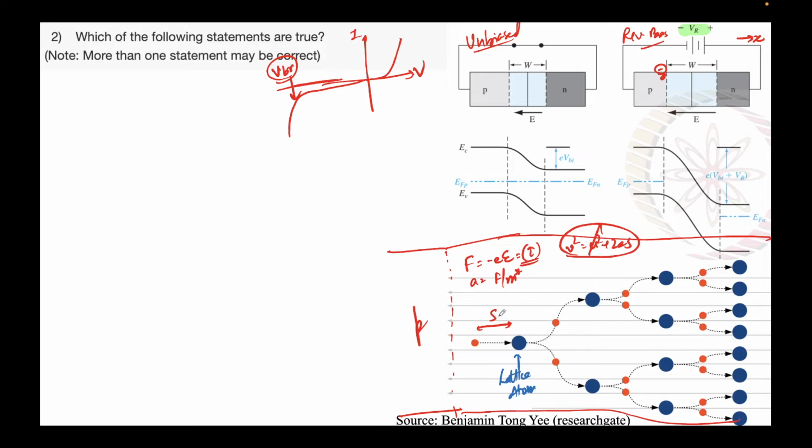Now after, let's say this distance is s1, these two electrons will travel further, and let's say after traveling a distance s2, they again gain sufficient energy, they can again knock out another electron from here. Please note that s1 and s2 have to be sufficiently large, because a is constant, but your velocity v has to be sufficiently large in order to have sufficient energy to knock out an electron from these lattice atoms. Such a process can show a geometric progression or even an exponential rise. So just within a few hundreds of nanometers or a few microns, which is the typical depletion width for a reverse bias region, this depletion width w,